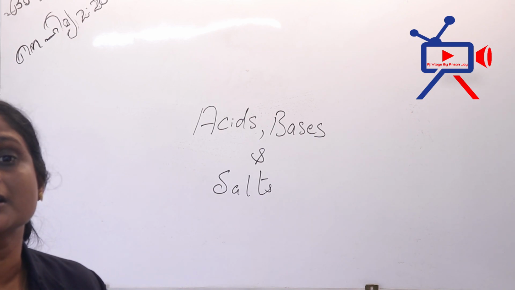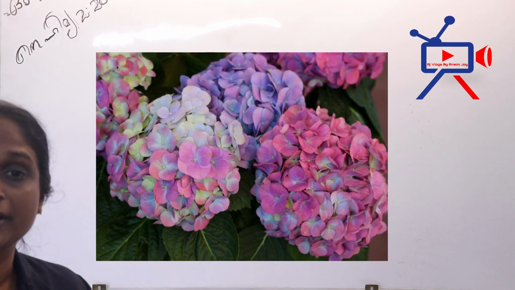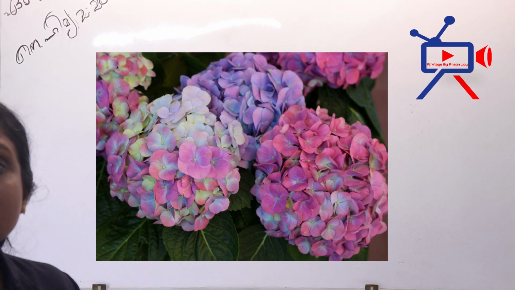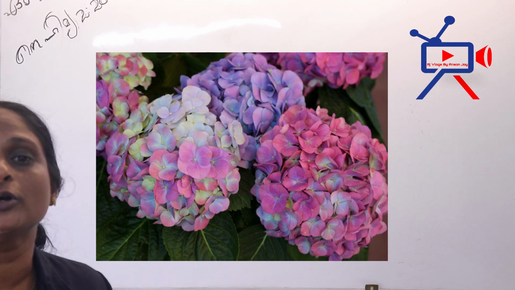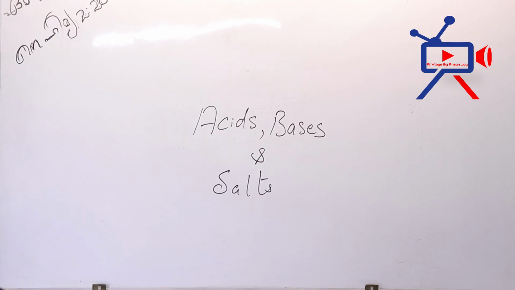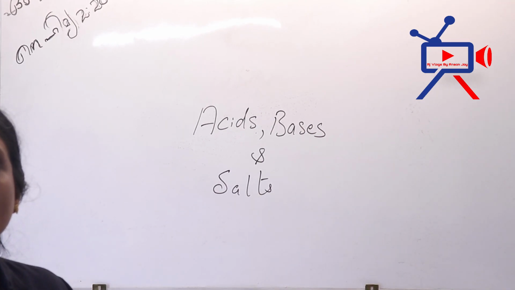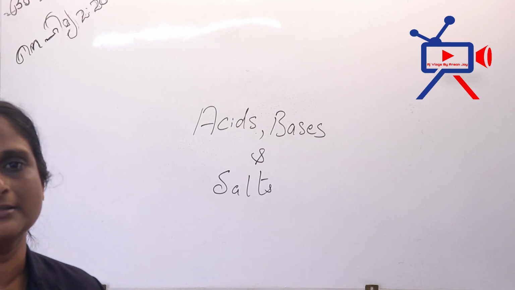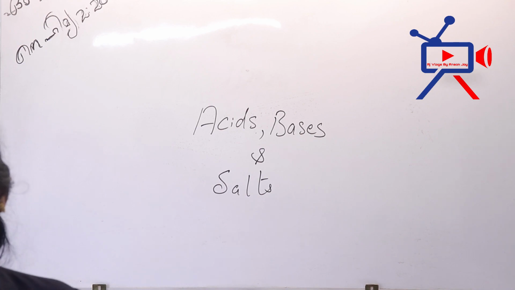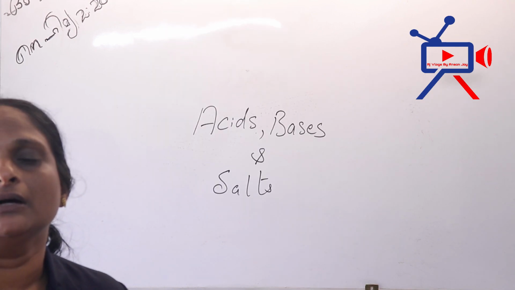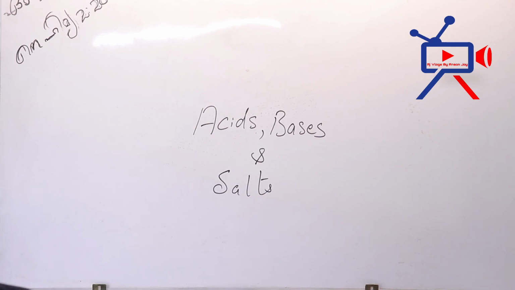Then there is the hydrangea flower. I think you might have seen it in our school garden: big leaves and a bunch of flowers, like chettipu, lavender color. If it gives lavender, light violet color, we can say the soil is alkaline, basic in nature. Whereas if it is acidic soil, it gives rose red petals. So that is also a natural indicator. There are many natural indicators like red cabbage leaves, hydrangea, petunia, all such flowers.